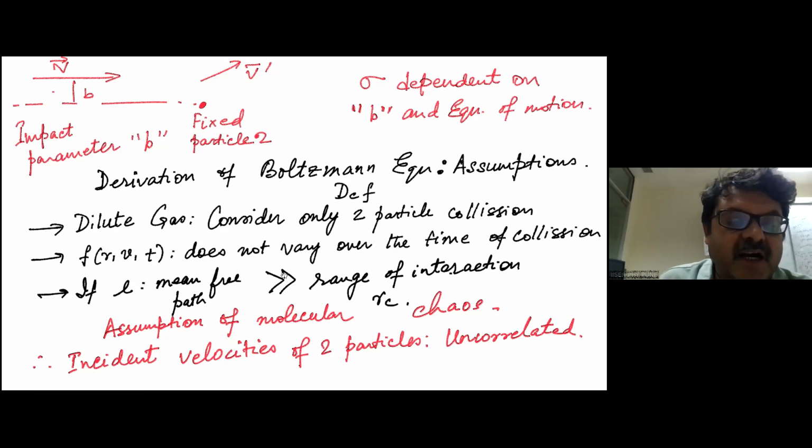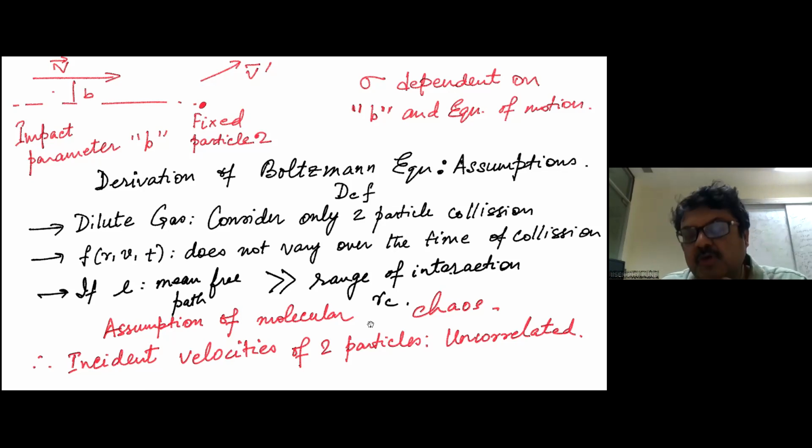And furthermore, we are assuming that the mean free path, the average distance over which the particles move before they undergo a collision, is much larger than the range of interaction r_c. So you are assuming that the particles are moving in straight lines, and for a very short time they interact, have a scattering cross section, due to which they move to v and v dash, right? This last assumption is called the assumption of molecular chaos,